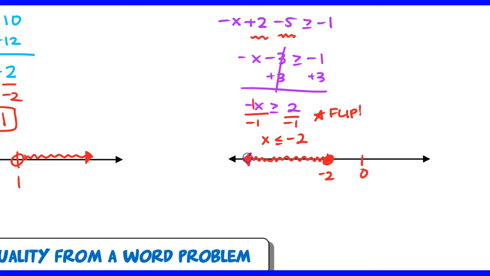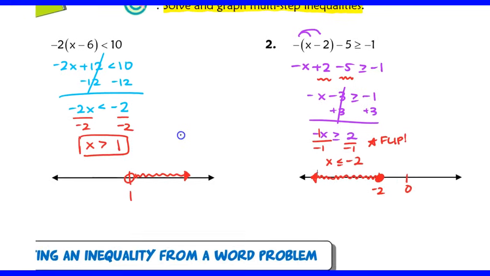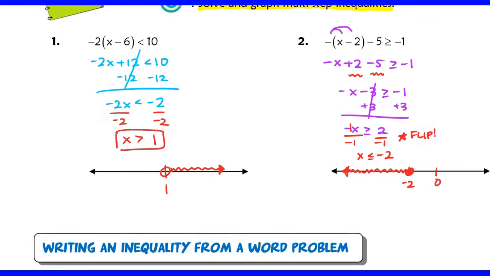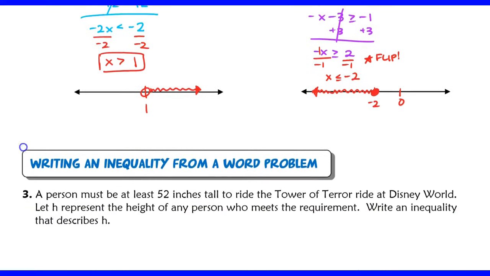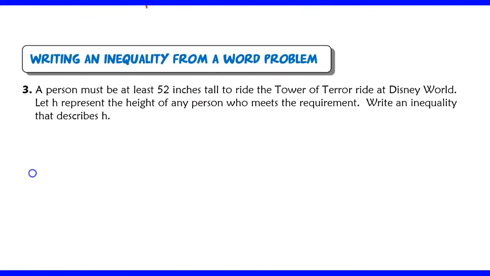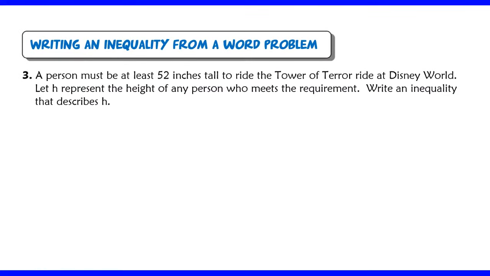Okay. Perfect. So really the idea here when you're solving stays the same. You're just going to flip the sign if you ever have to multiply or divide by a negative, but we solve it just the same we would with an equation. So it's just adding some steps to it basically. Now for the last problem here, we have a little word problem, and we're going to write an inequality that